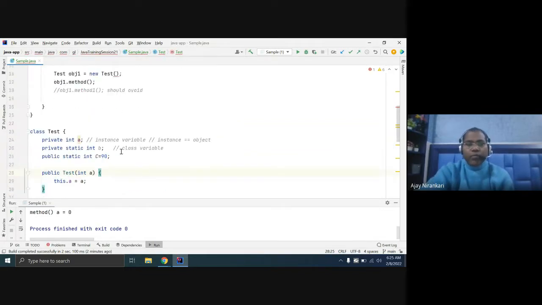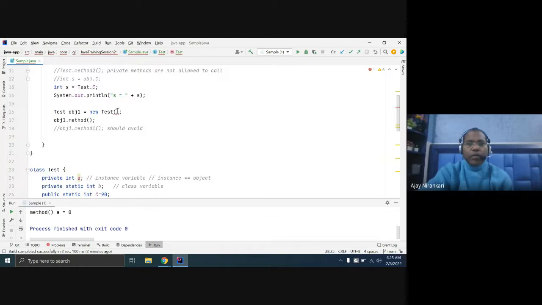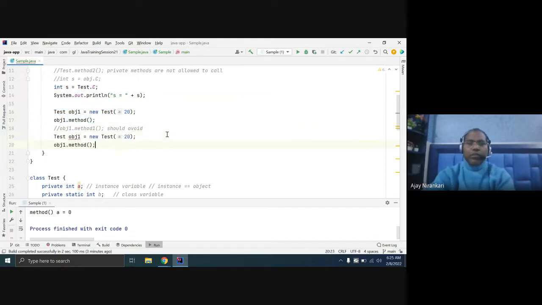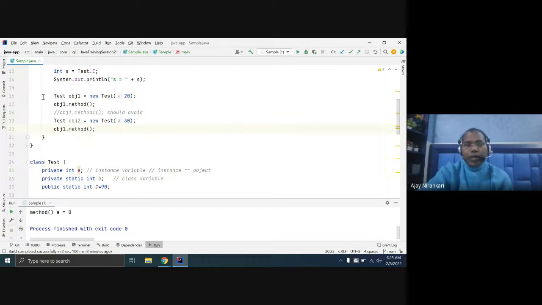Whenever you want to create the Test object, you pass me the a value. Let's say I pass 10 here. And you can also create object2, and here you can pass 30. So now you notice we have created object1 and object2.